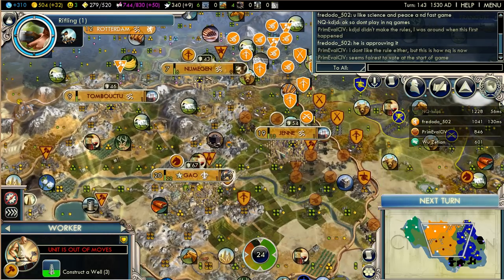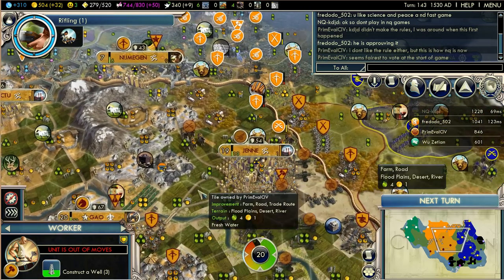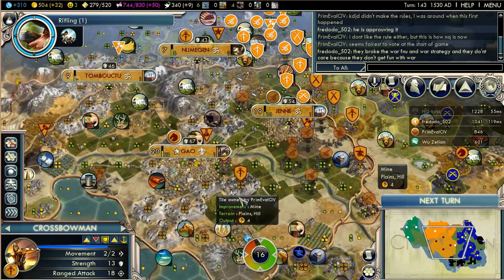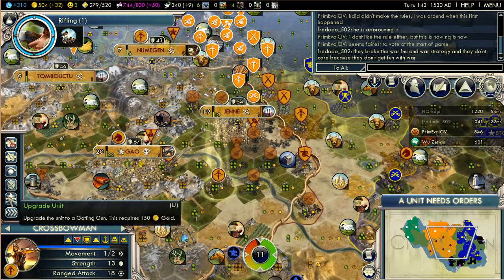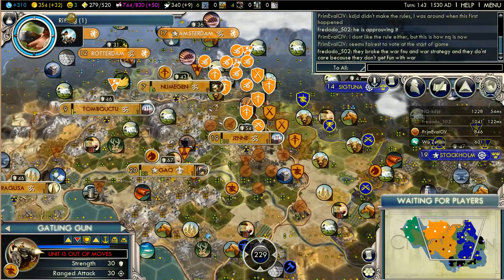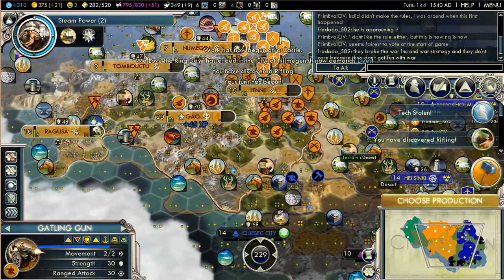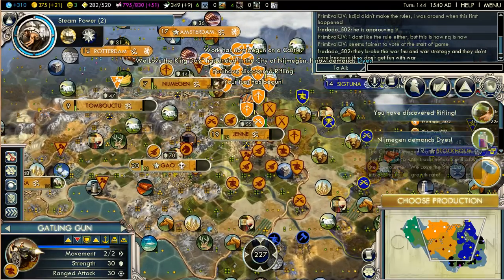So anyways, looks like the units that we wanted to upgrade have been upgraded. Maybe we'll upgrade this guy, and then we're set. We'll want to save some money for later so that we don't get into the situation we did last time, where